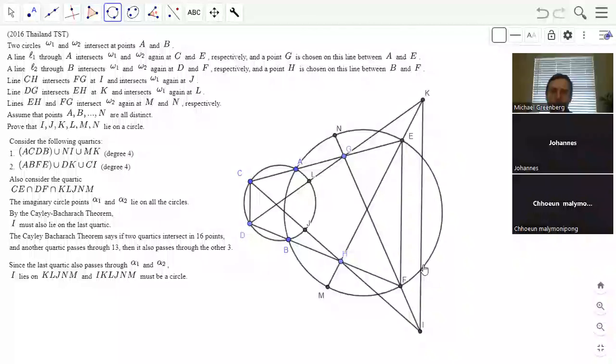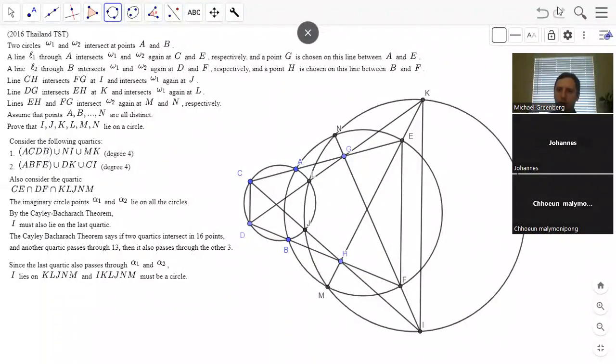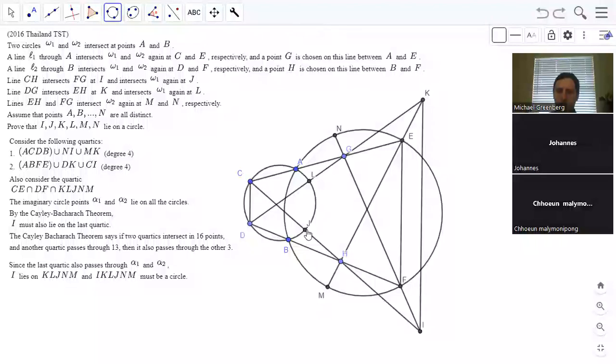That would mean that JMIK is cyclic. Why is that equivalent? Well, we know that JLIK is cyclic, right? Yeah. And then if we show that this is cyclic,